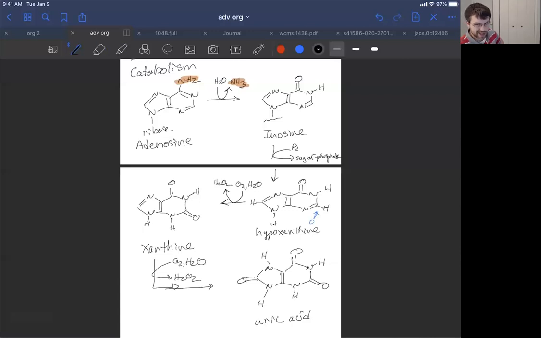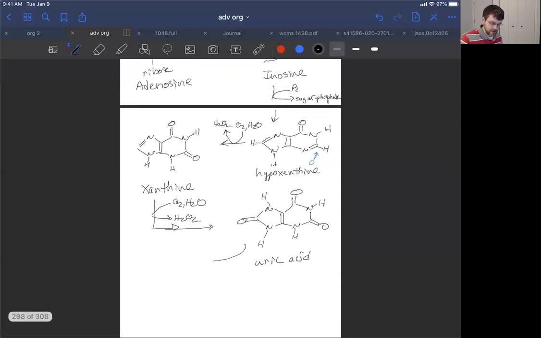That was then just hypoxanthine, but that's not a huge change to us in terms of the structure of the base in the heterocycle. But then we do a series of oxidations using oxygen as our oxidizing agent to add carbonyls at two positions to convert hypoxanthine into xanthine and then ultimately into uric acid. And uric acid is readily excreted